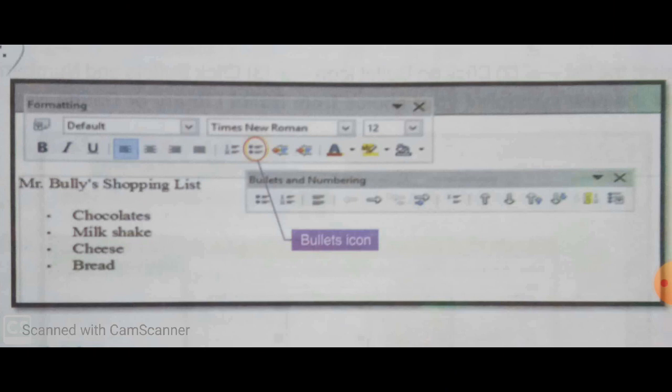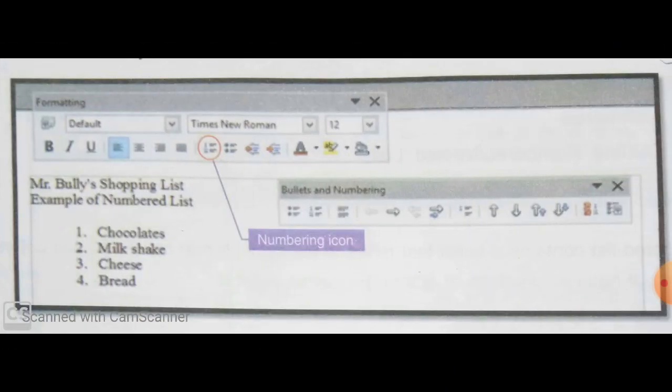Numbered list. A numbered list is the one which has list item in a proper sequence. The default numbering is 1, 2, 3, 4. To make a numbered list, click on numbering icon from formatting toolbar.